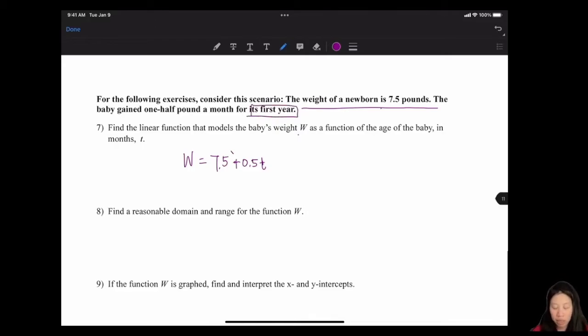So in that case, T, you should have the range from what? The range for T should be from 0, which is its firstborn, till 12 months, right? Because they say that this only applies for the first year. But now let's consider which one is interpretation. Interpretation means when T is within this range. So the answer that you got